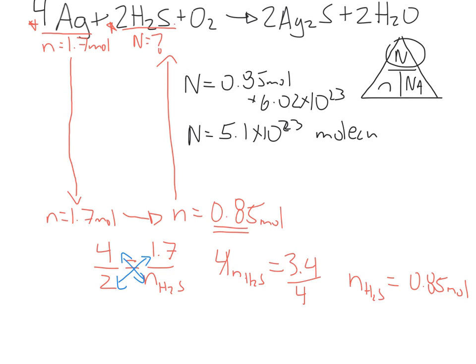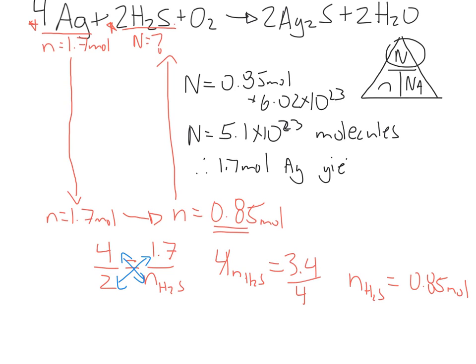I'm dealing with 2 nonmetals. So I'm dealing with a covalent bond, molecules. So I can go ahead and write a nice therefore statement. Therefore, what do we give you? 1.7 moles of silver